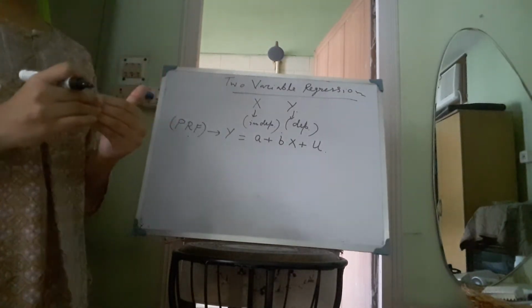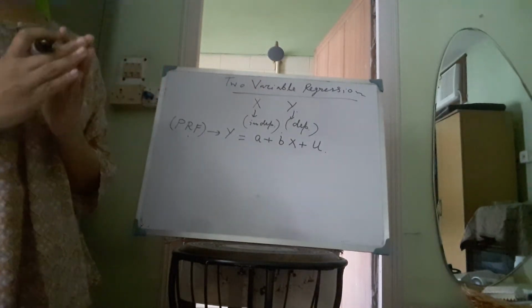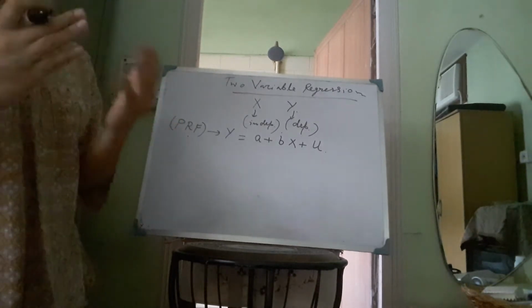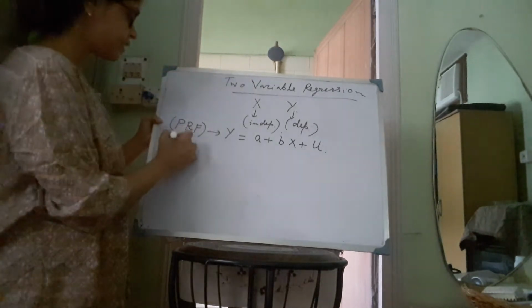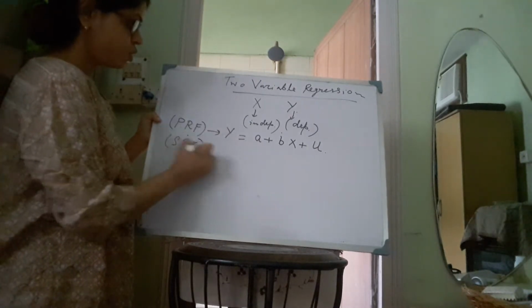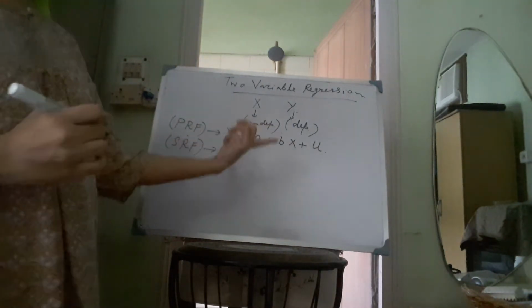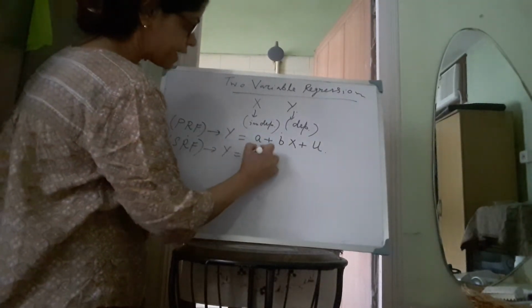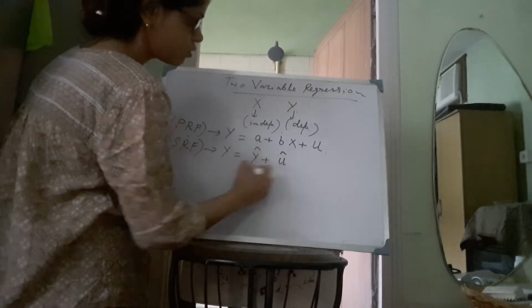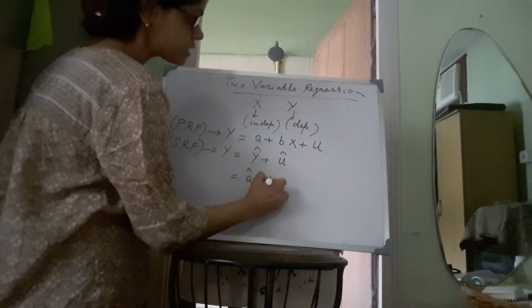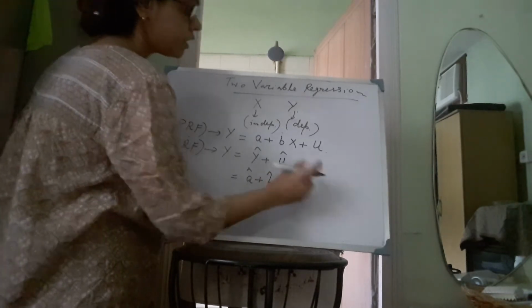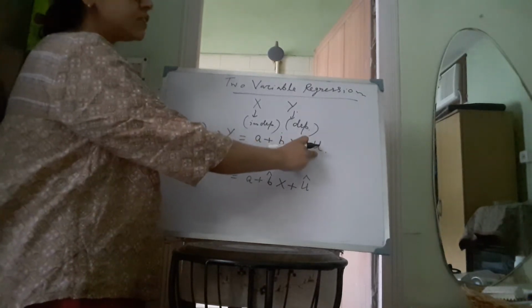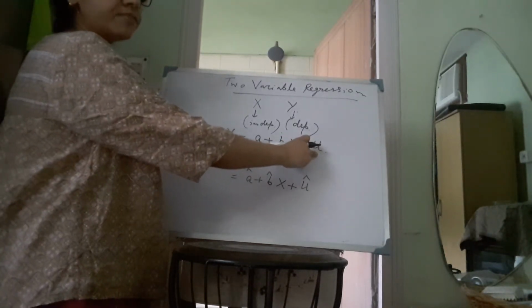Now after doing the sampling, we have a finite number of data points, and with the help of those finite number of data points, we have to predict the economic theory, and for that we need the sample regression function, so SRF. So we will not work with the PRF, but we can work with the SRF. So SRF is y is equal to y hat plus u hat, where y hat is equal to a hat plus b hat x. Now this u hat is the predicted value of the error term. Now in the PRF, what does this u represent? This u represents the actual value of the error term.